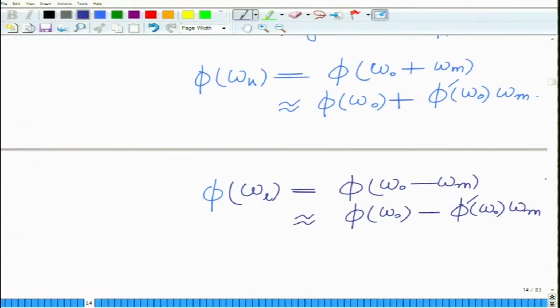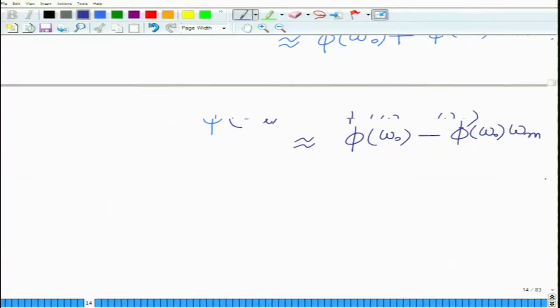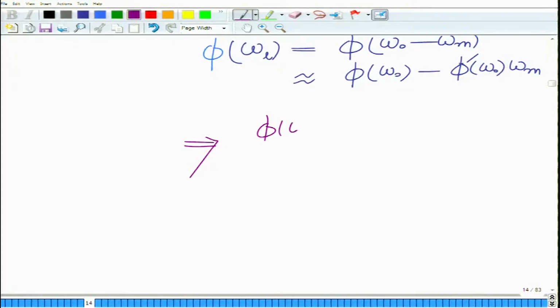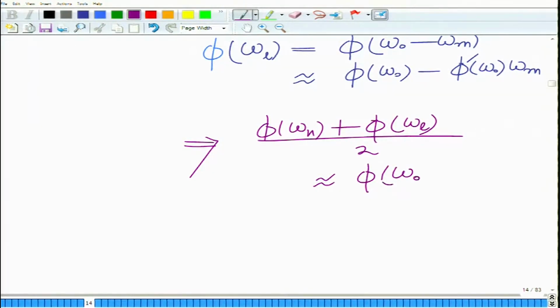Okay. So, these two relations we have obtained using the Taylor series approximation, and therefore, this implies now using these Taylor series approximations we can evaluate phi of omega h plus phi of omega L by 2 and phi of omega h minus phi of omega L divided by 2 approximately. Okay. So, this implies phi of omega h, well, the first one is standard, phi of omega h plus phi of omega L divided by 2, that you can see is approximately equal to phi of omega naught,